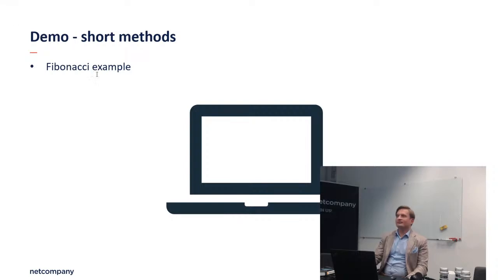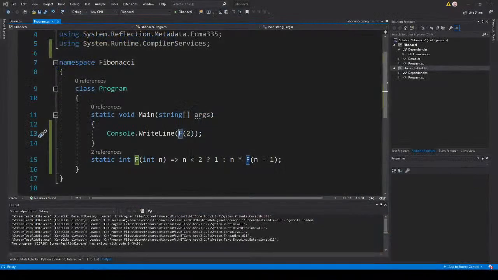So here we have a short function, and in theory, let me just transition so the stream can see. In theory, that's what we should strive for, right? So we have console write line f from 2, and it's called Fibonacci. And actually in C# it's possible to implement Fibonacci as a one-liner, as you can see. Basically, we have an expression bodied method, we have a ternary here, and this is a